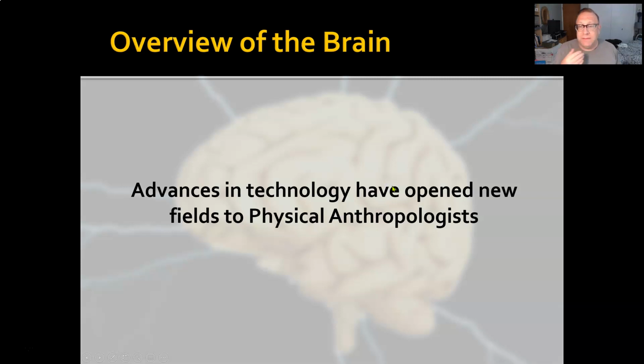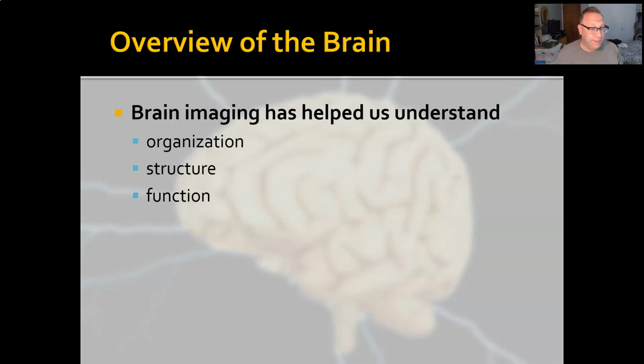So, lots of advances in technology over the past several decades have really opened up new possibilities for studying the human brain, and this has affected physical anthropology as much as it has fields like neuroscience and neurology and that sort of thing. Brain imaging in particular has given us a deeper understanding of the organization, structure, and the function of the different